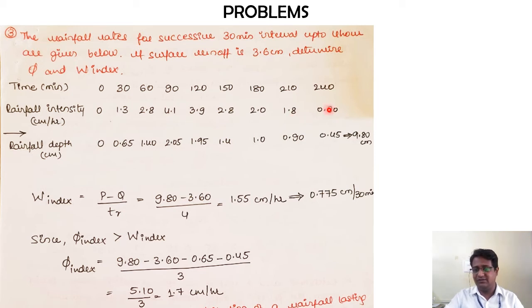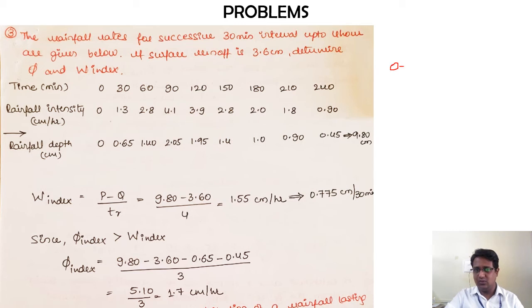You will get the value of P. In the second problem, if it had been a cumulative value, the last number would be your total amount of precipitation. But now this is the third variation, where the interval is different and the unit of intensity is different. The interval is half an hour, whereas intensity is per hour. So you cannot take these values for the calculation of P. You need to convert this intensity into the actual depth of rainfall. So how are you going to do that? Rainfall depth in centimeters is equal to, now check it out,